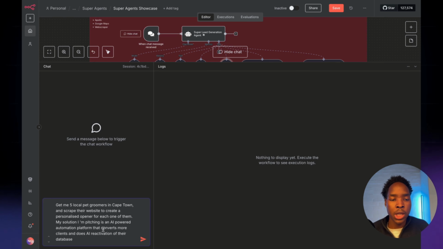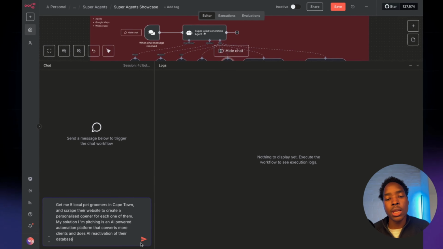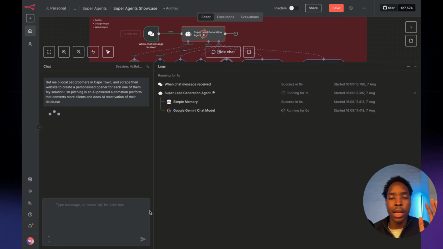So I've just created this prompt here. Give me 5 local pet groomers in Cape Town and scrape their website to create a personalized opener for each one of them. My solution I'm pitching is an AI-powered automation platform that converts more clients and does AI reactivation of their database. So we're going to send that over to the AI agent, and just like before, it's going